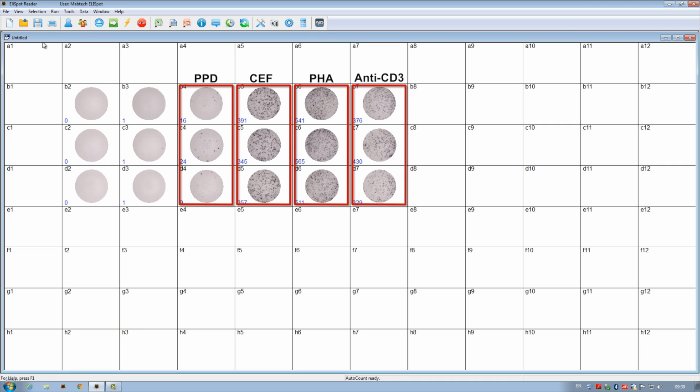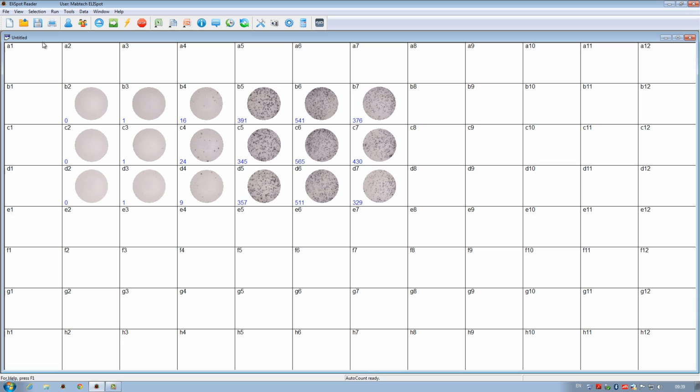By contrast, the memory response against PPD involves much fewer antigen-specific T cells. However, since the increase in the number of spots is quite clear compared to the unstimulated controls in column 3, we do in fact have a significant response for this stimuli as well. Thankfully, the assay controls in column 2, where no cells were incubated, have generated 0 artifacts. This is a good thing. Overall, I'm pretty happy with the experiment and how our triplicates look. The pipetting work appears to have been adequate.